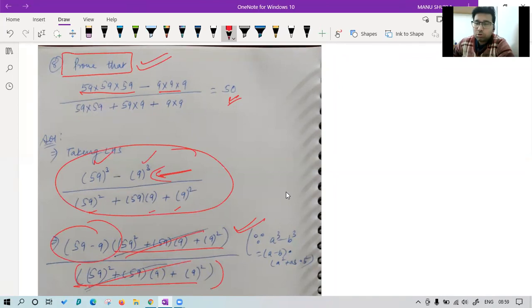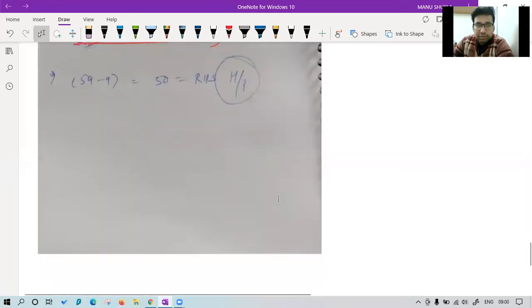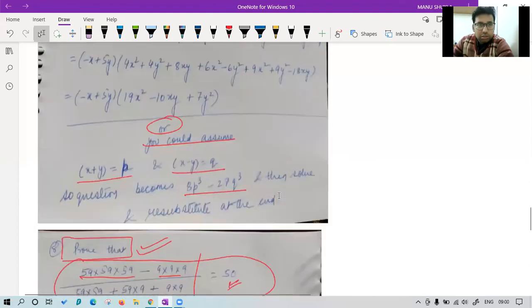This way questions will also come in your competitive exams when you will be sitting in your entrance, where you have to use the formula in a tricky way. This way only they will want you to apply the formulas so that you can get the answers easily. Although this calculation looked very tough, if you had this formula in your mind, you could have got the answer very easily. So that's the use of identities. And this was the last question.